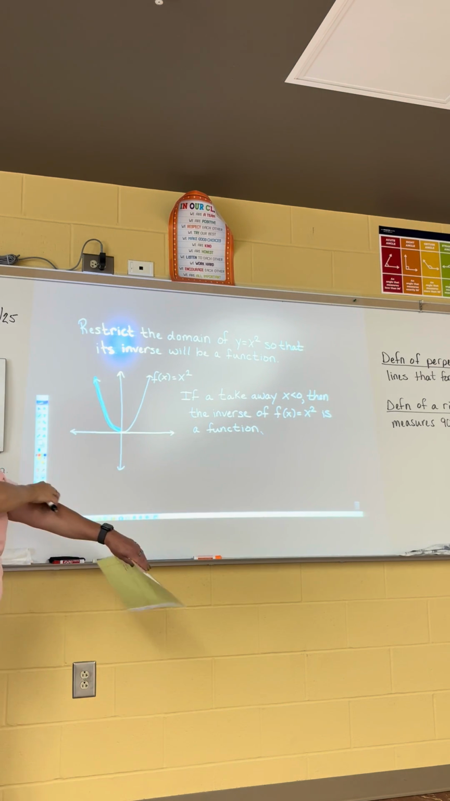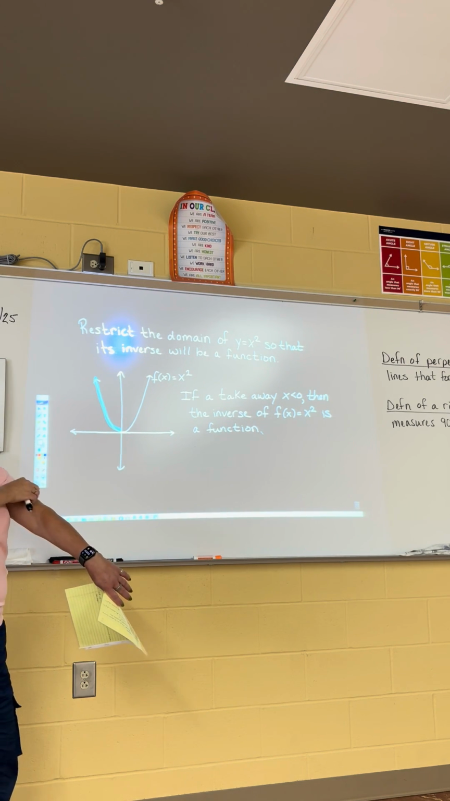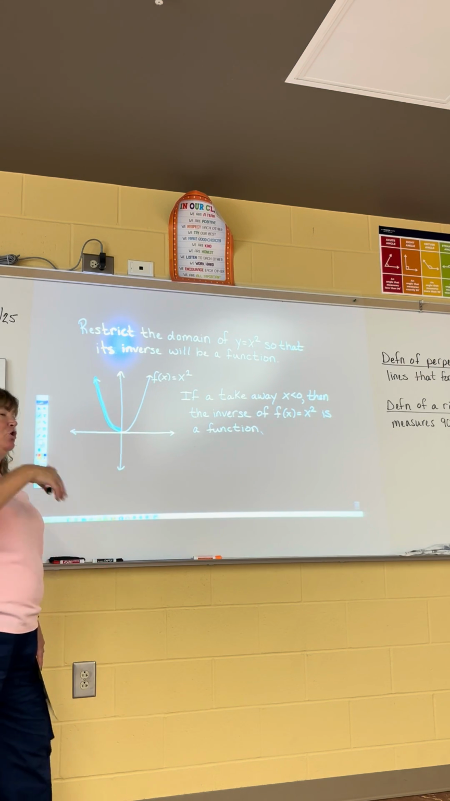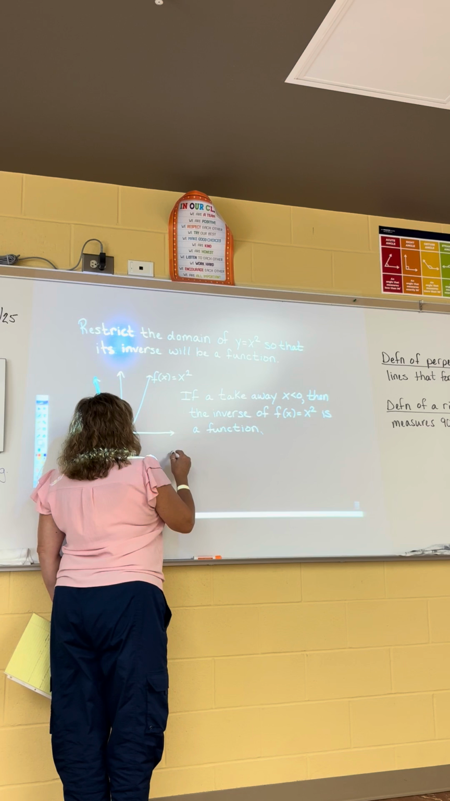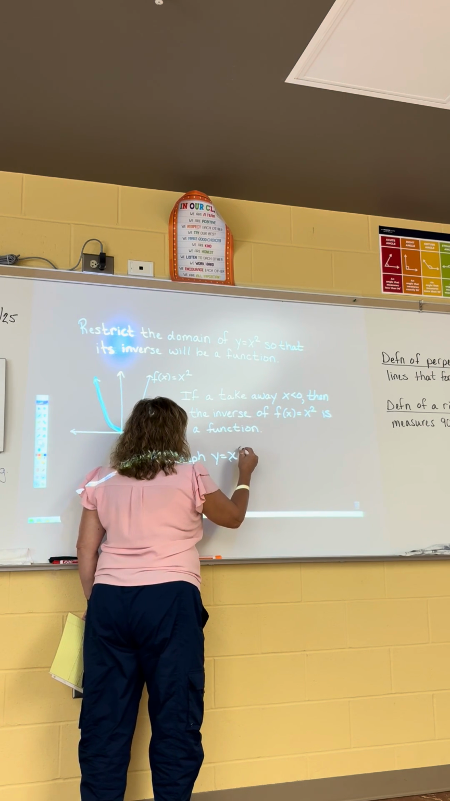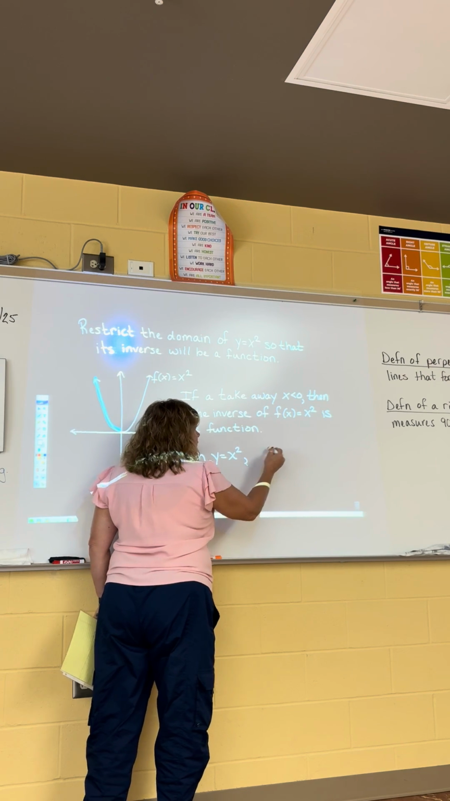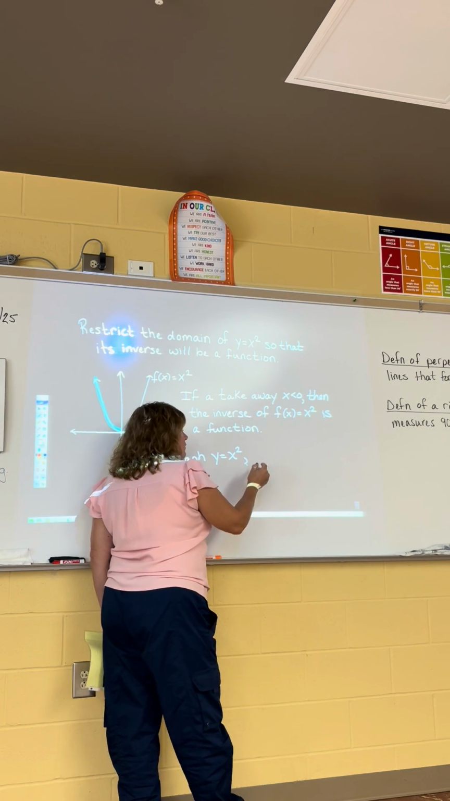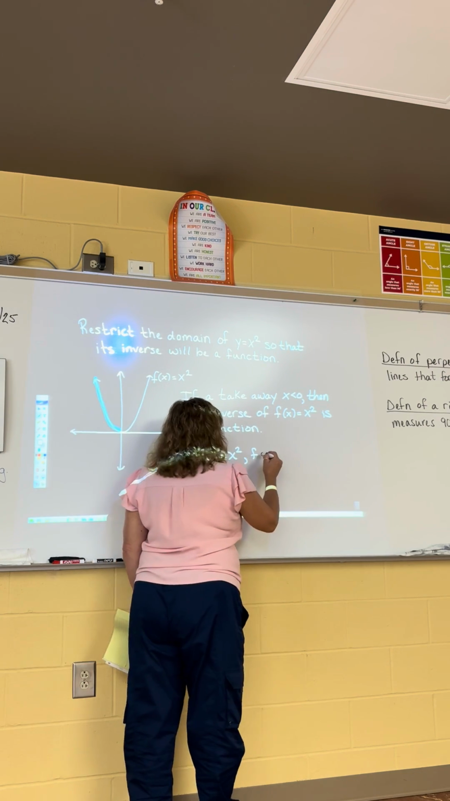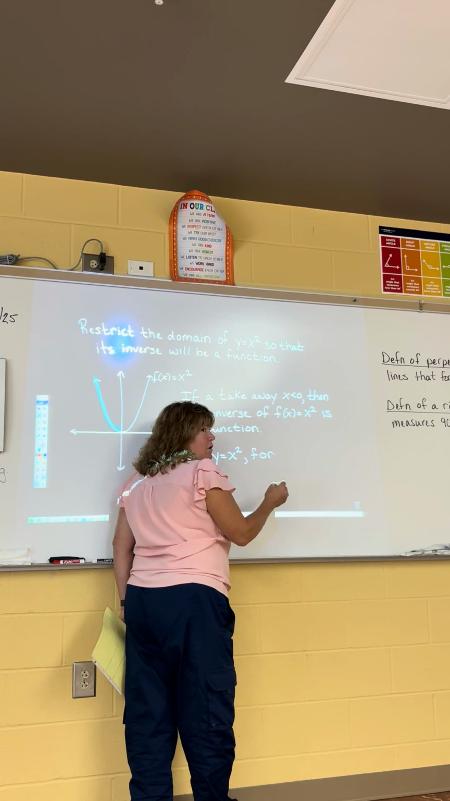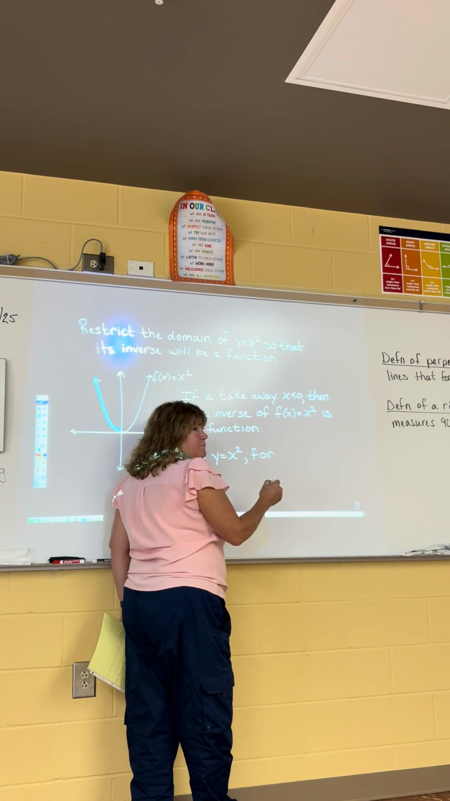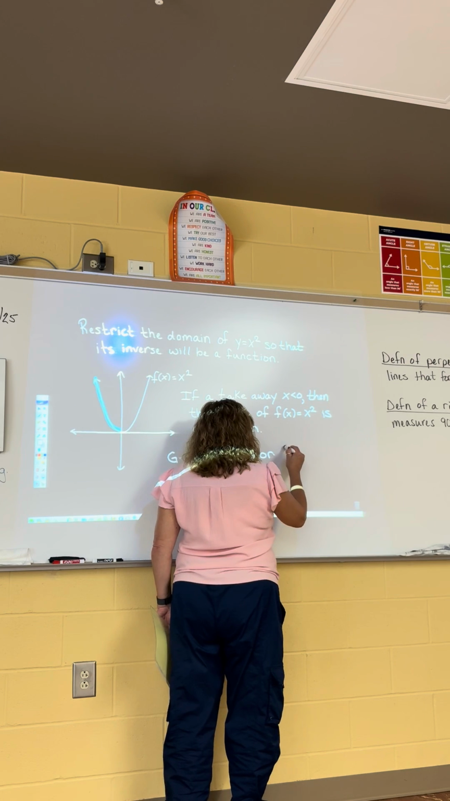So what would my new domain be? We described what we took away, but what would the actual domain be? So we could say graph y equals x squared. How would I write the domain? For what x values? Yes, we're gonna do both. Okay. Bracket 0, comma,